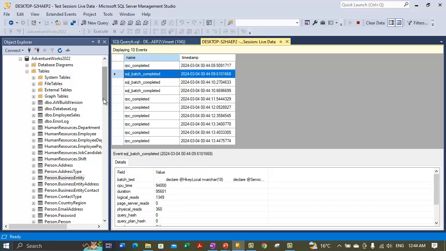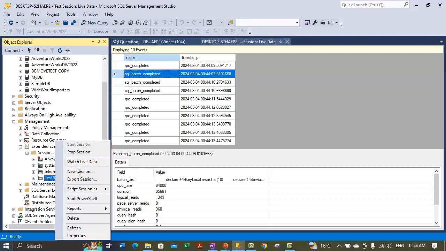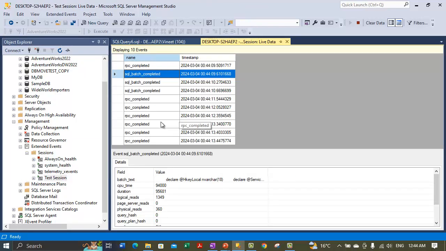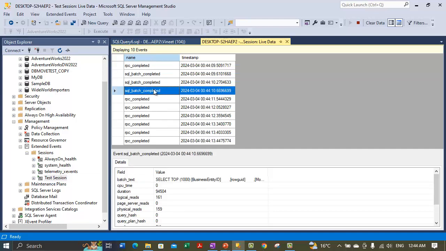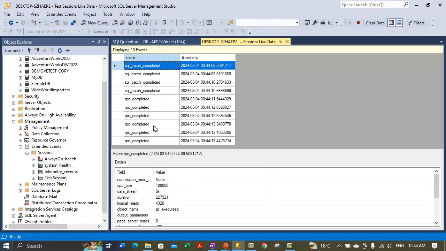So this is the live data window, which can be shown on the running session. The test session is right now in running condition, so that's why we were able to see the watch live data window. Either way, the very first time we open the window and start capturing events, it will look like this: we will see a bunch of RPC completed events and SQL batch completed events. And we can select some of the events over here